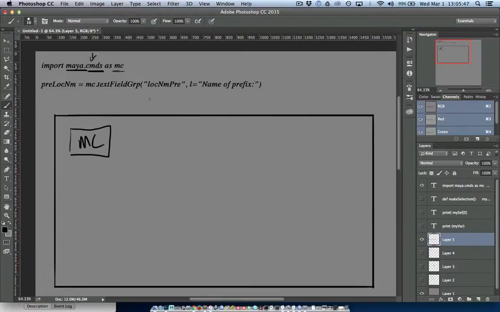So now when we go to call the text field group, we're basically saying, hey MC, run your text field group method, and then we pass it arguments. So we have a non-keyword argument right here, which names the control. If I could spell, names the control. And then we have a keyword argument, which sets the label. So basically what you're saying is, hey MC box,